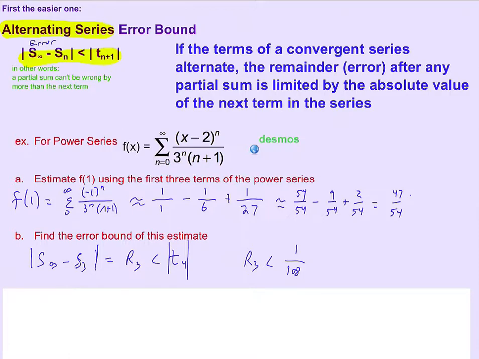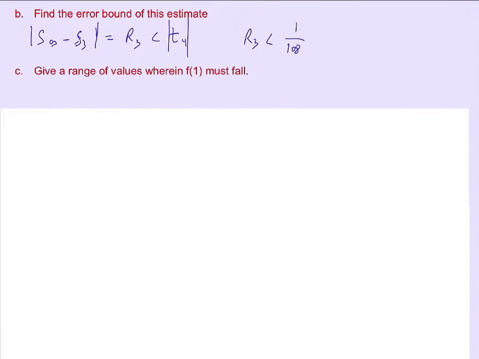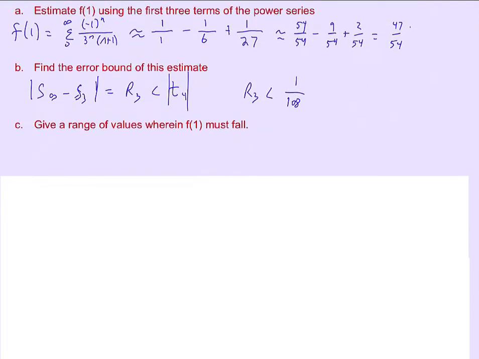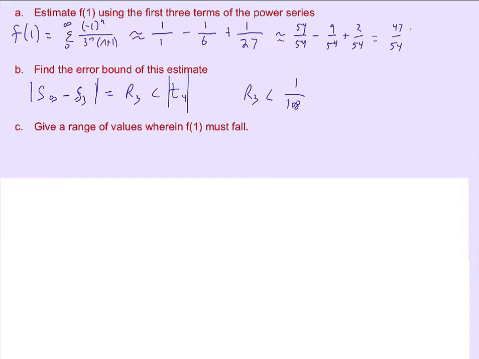So 47 over 54 was my partial sum, and the amount that I could be wrong by is 1 over 108. So what we're going to do is put those two numbers together to give a range of values where f of 1 must fall. So the center here is 47 over 54. That is my best guess. But I could be wrong by as much as 1 over 108 in either direction. So both of these distances are 1 over 108,